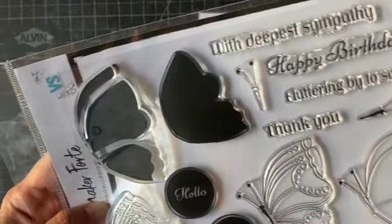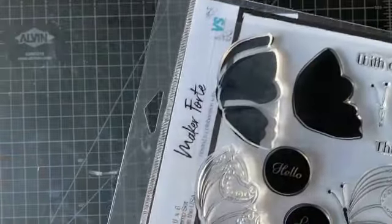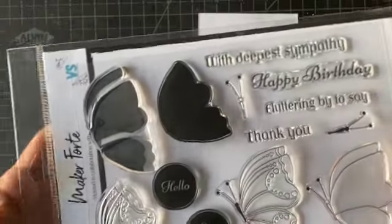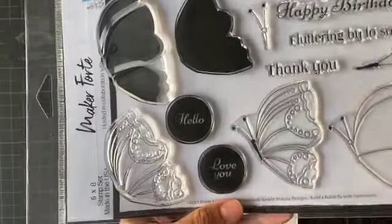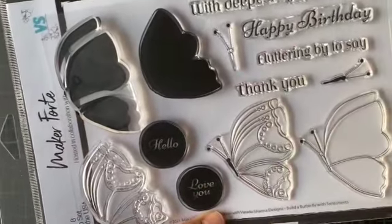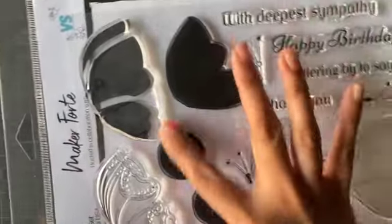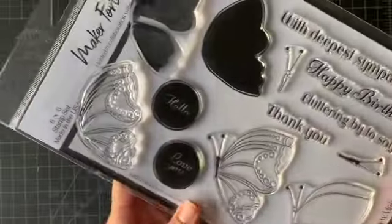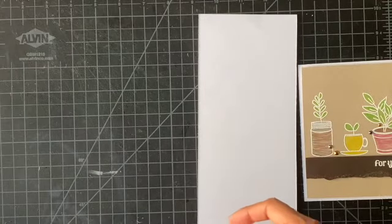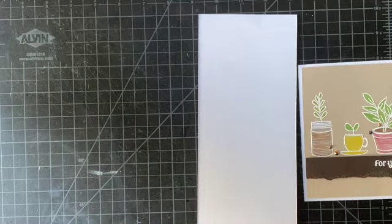just with deepest sympathy, because I know there is a symbolism of butterfly going away, like the spirit going away, for sympathy kind of a thing. You can also use hello or love you, and you can combine it with fluttering by to say, or just use it on their own. So this is the second stamp set, and the third stamp set is another really fun one,